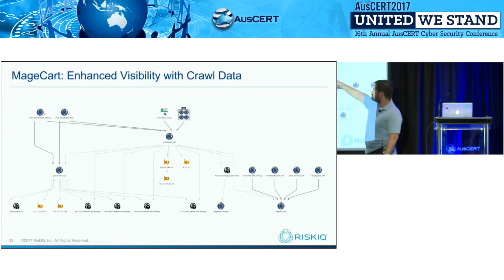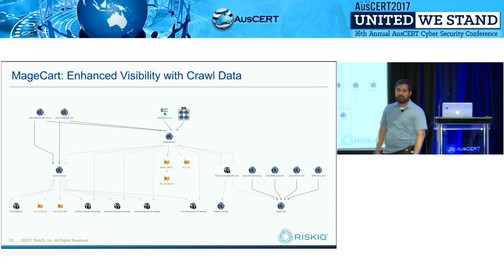So we still have faber.co.uk, and now we have 45 other domains or web pages that are redirecting to mageonline.net. Each one of those 45 domains is a parent of mageonline.net. And now we understand that this isn't just a one-off instance, it's a much larger part of an attack campaign. But we can keep going from there.